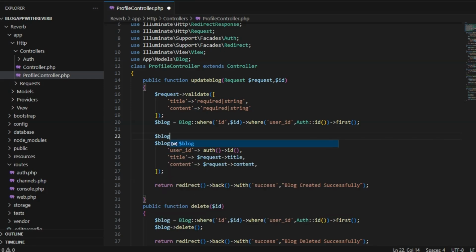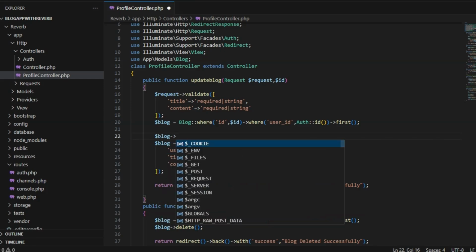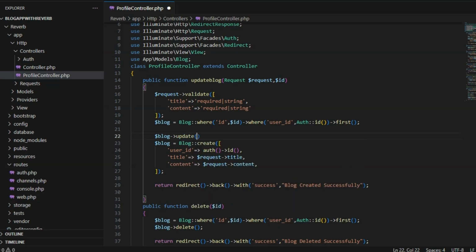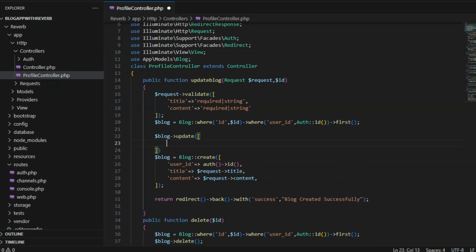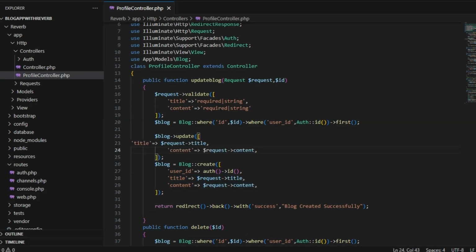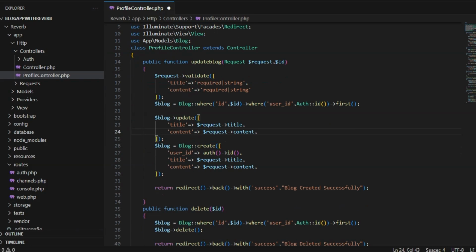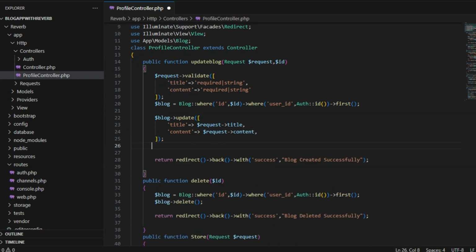And after it $blog, like this, $blog update, and within it I'll just simply update the title and content. Just simply pass this here, title request title and content request content. We just simply do this, and just close this, and after it I'll just simply return redirect back with blog updated successfully.